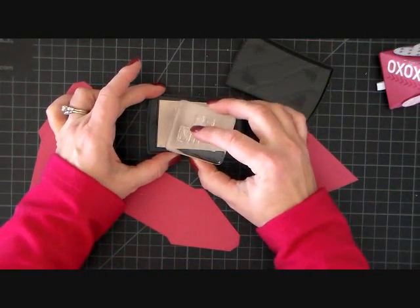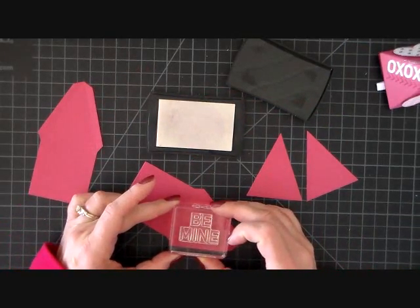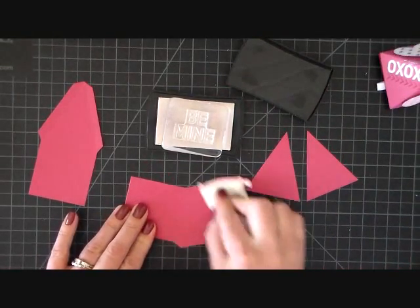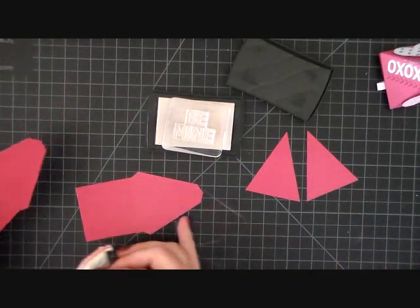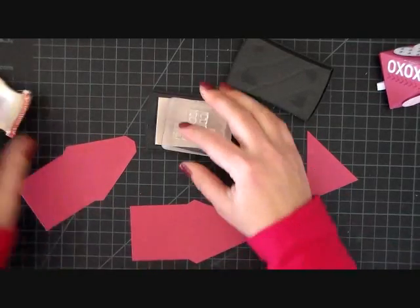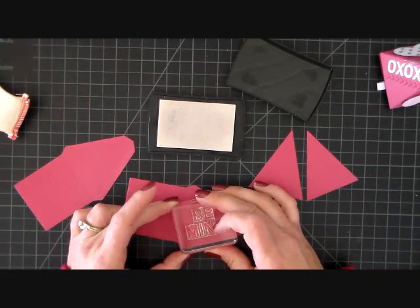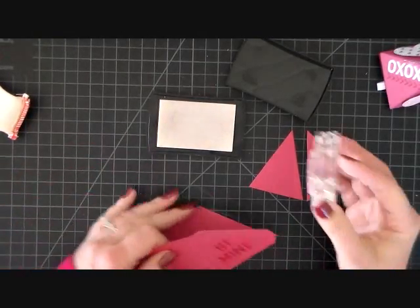Before I stamp though, I do need to treat my paper with the embossing buddy. It's winter here in Iowa and static cling is everywhere, so I don't want to end up with embossing powder where I do not want it. And so just rub that embossing buddy over your project and then do your stamping. You'll be much happier in the end. So I'm going to stamp both of these pieces and then add my